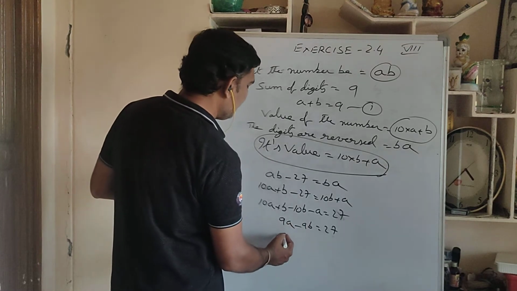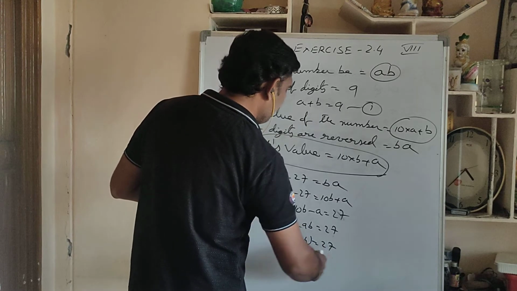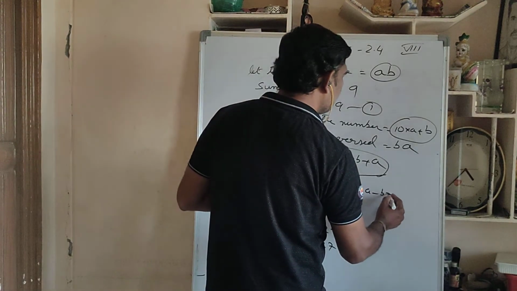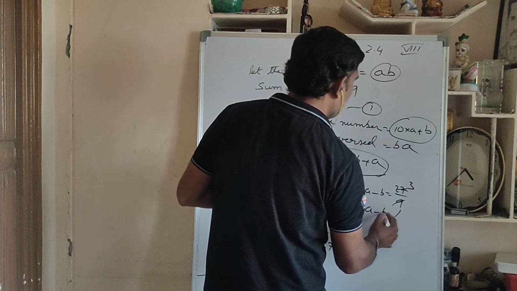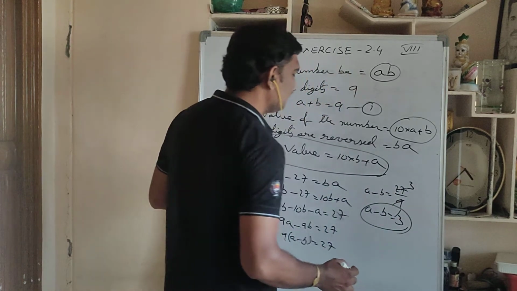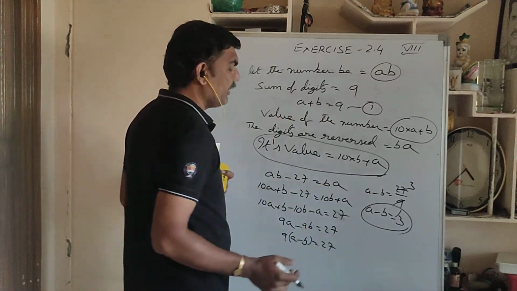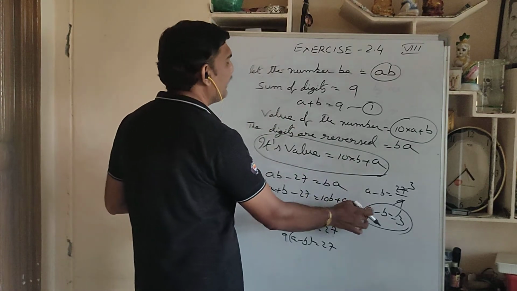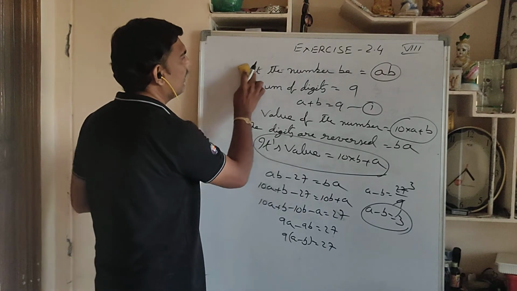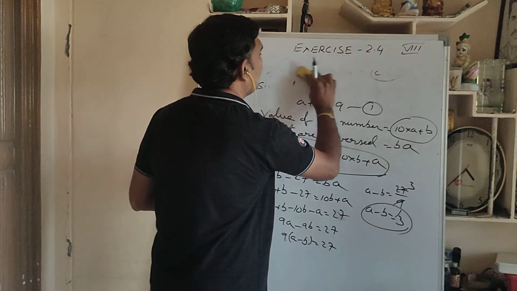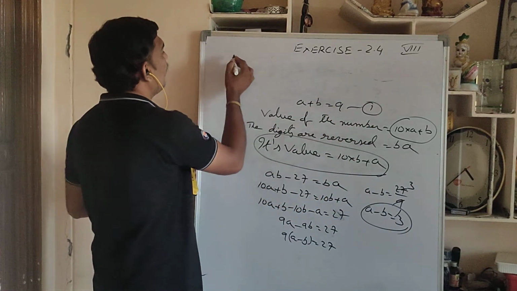Okay, now take 9 as common. 9 times (A minus B) is equal to 27. Then take 9 to this side: A minus B is equal to 27 by 9. 9 ones are 9, 9 threes are 27. A minus B is equal to how much did you get here? 3. Now it is very easy to get the values of A and B. You got two different equations, or not? So copy up to here. I will write the remaining on the top. Now, first equation, second equation, I want to solve them.